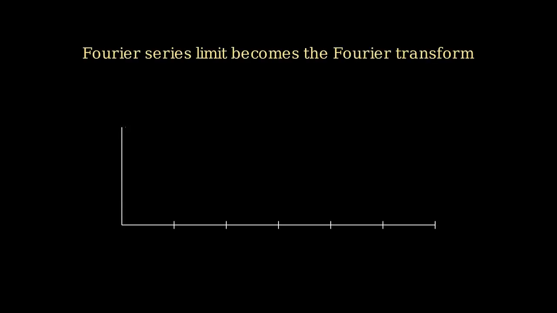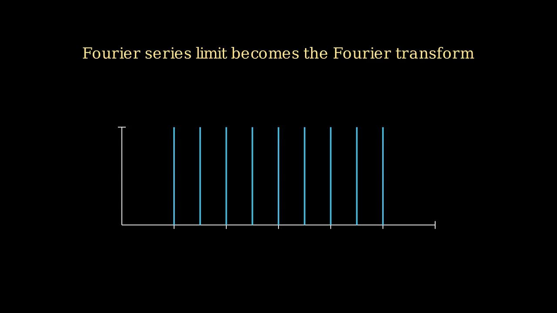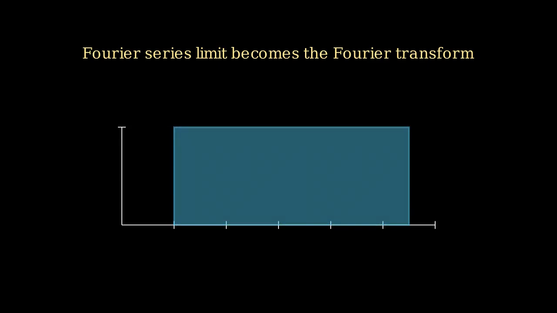Let's begin with the big idea behind the Fourier transform. As the width of the domain for a Fourier series grows larger and larger, toward infinity, the discrete set of frequencies we normally use gets closer and closer together. In the limit, this discrete set of frequencies blends into a continuous spectrum, and this idea leads us directly to